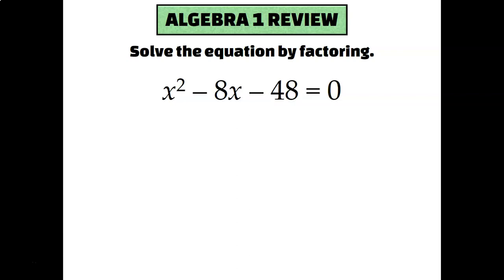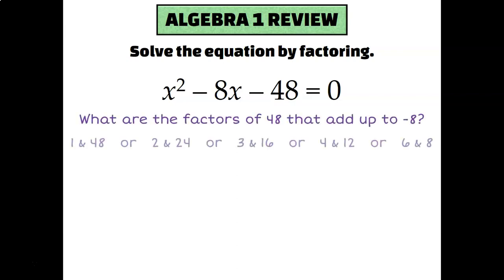There are a lot of factors of 48. You've got 1 and 48, of course 1 and whatever number is always the easiest pair of factors to find, but we also have 2 and 24, and 3 and 16, and 4 and 12, and 6 and 8. So you have to figure out which one adds up to negative 8. And that would be 4 and 12, but only if I make the 12 negative. Because if I'm trying to add up to a negative 8, I would need to do 4 plus negative 12,